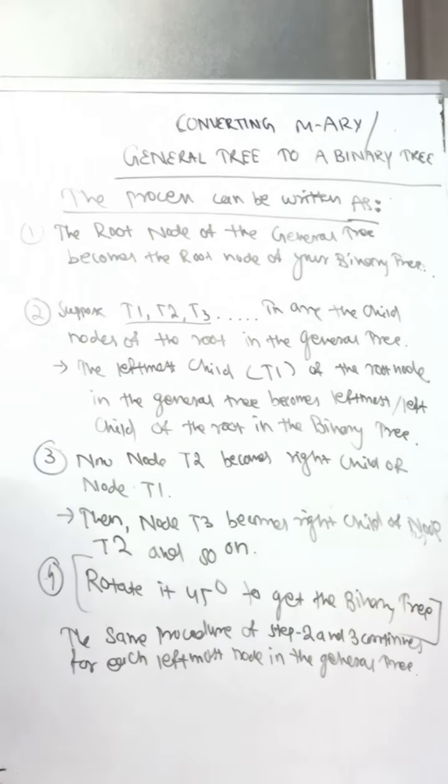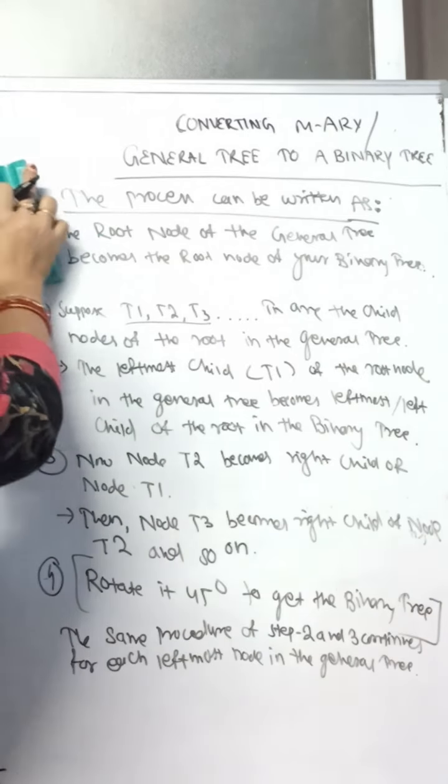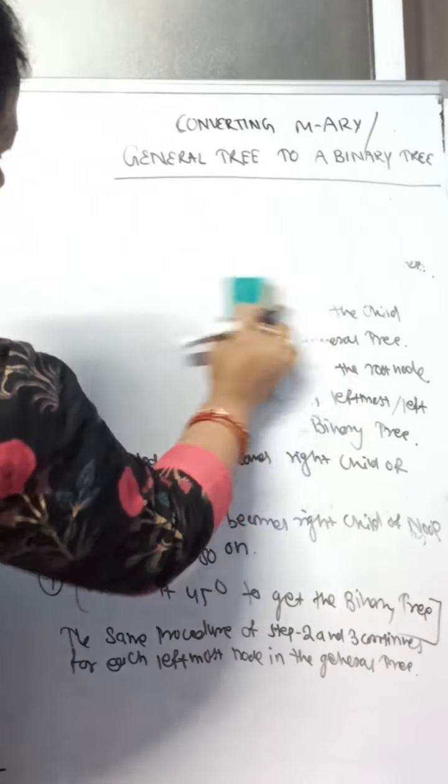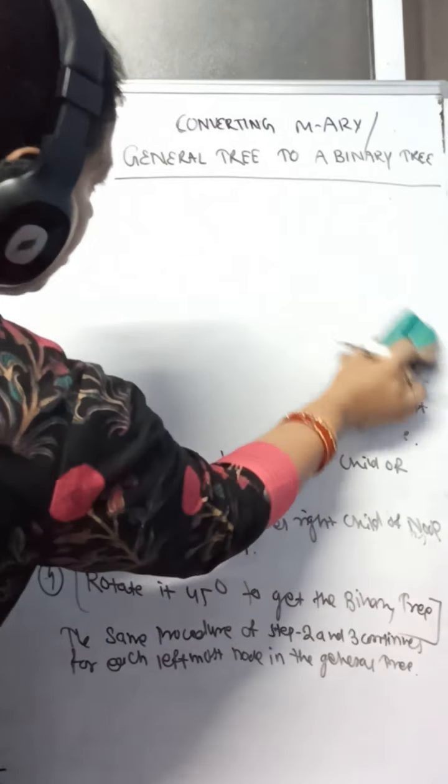Now we will go for one example, so that this will be clear in your mind. So these are the steps. You have to remember this. These are simple steps only. We are writing in the mathematical way, that's why it makes you confused, but these are simple steps. When I do one example, it will be clear for you. Okay, let's do one example.